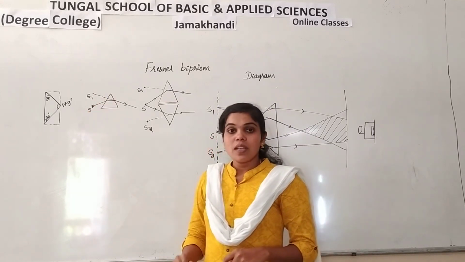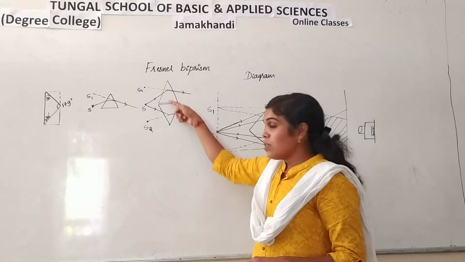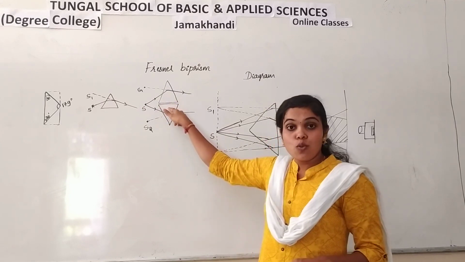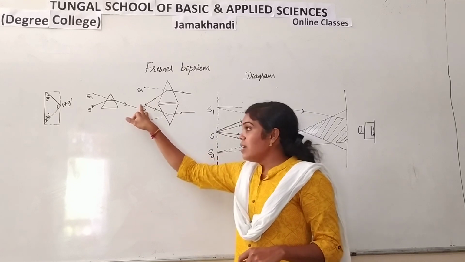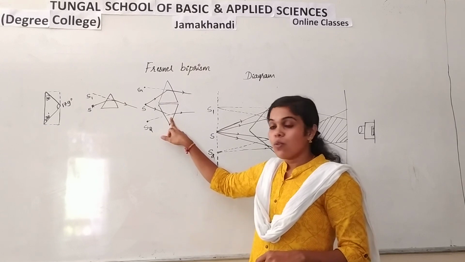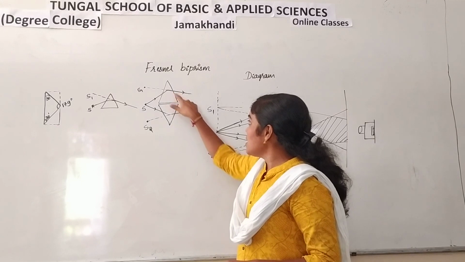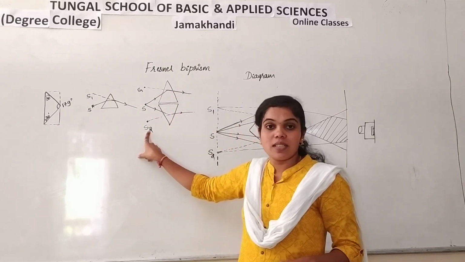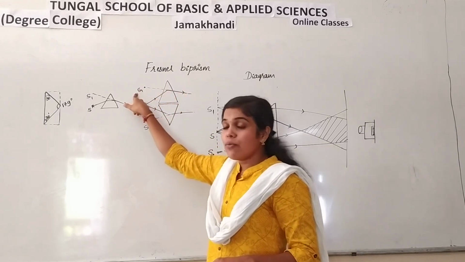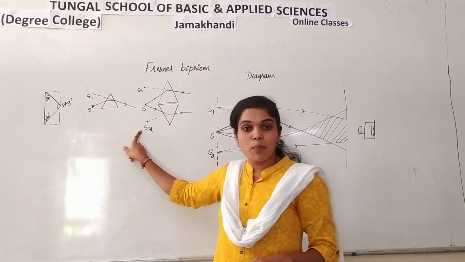This is S1. Instead of one prism, if you are going to use two prisms, come to this diagram. Here two prisms we are going to use and these are connected base to base. Now when monochromatic light is allowed to fall on these two prisms, what happens? Two refracted rays will be there and these two appear to come from two different points. The first refracted ray, which falls on the first prism, appears to come from the point S1 and the second refracted ray appears to come from the point S2.